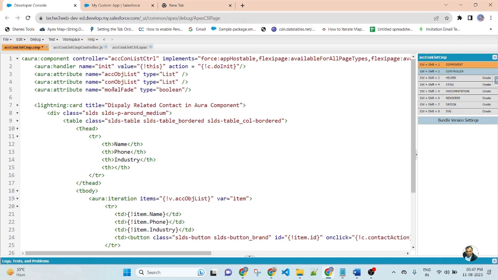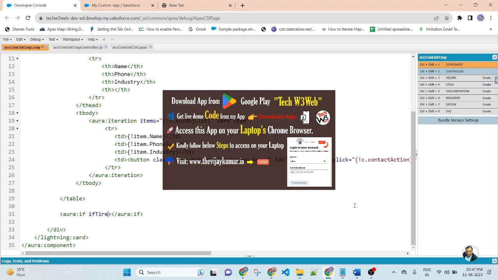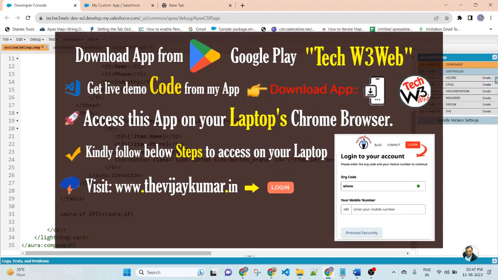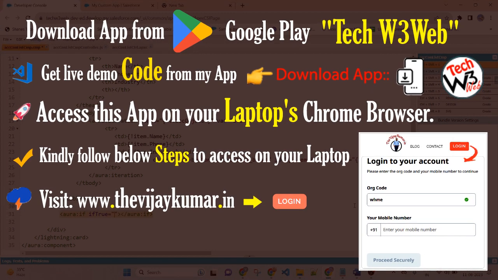So this modal pop-up will be applied aura:if true, equal to v.modalFlag. So inside the aura:if I will create a modal pop-up.